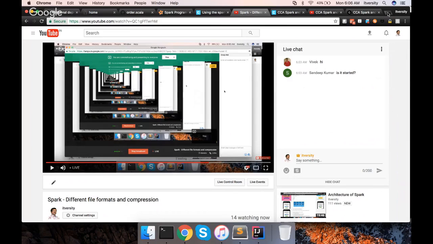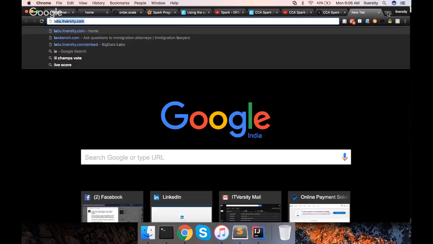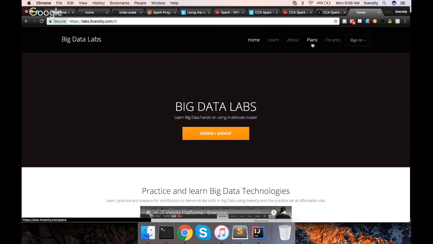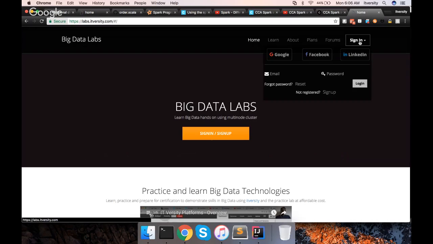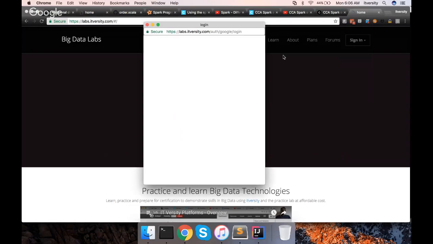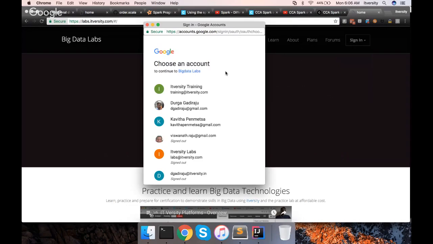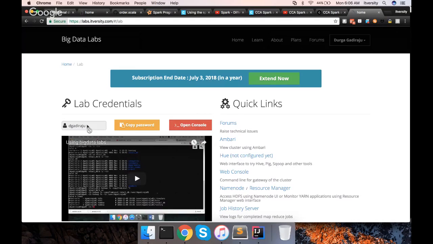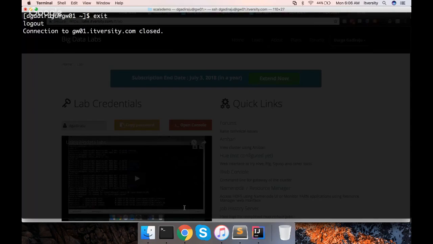As you are probably aware, ITversity runs a product called labs.itversity.com. As of now, we have big data labs in it, and I'll be using this. For that, I am logging into the lab with my credentials, my username and password, using my Mac terminal.